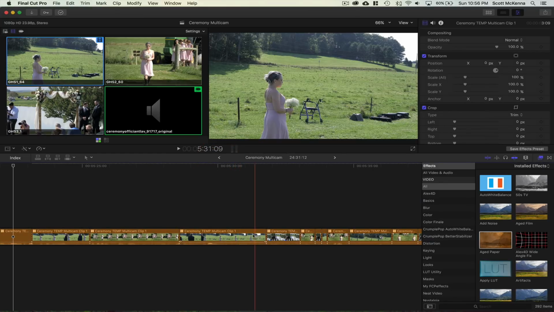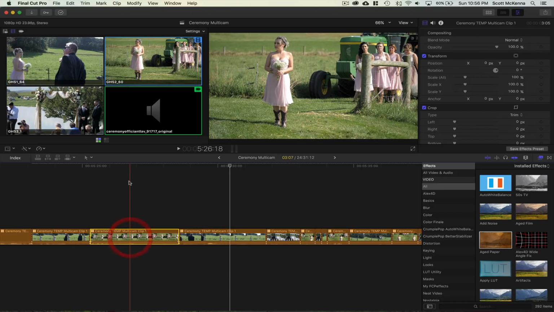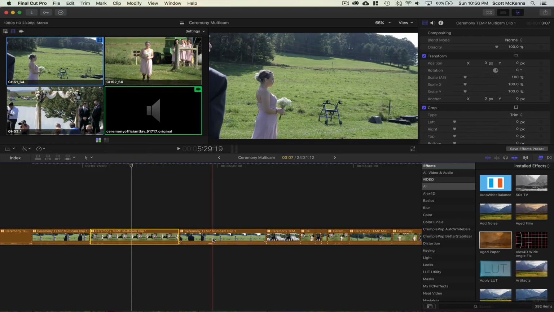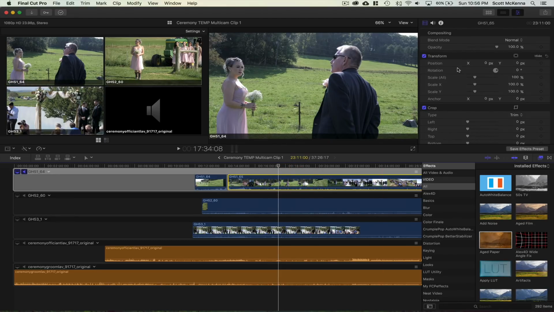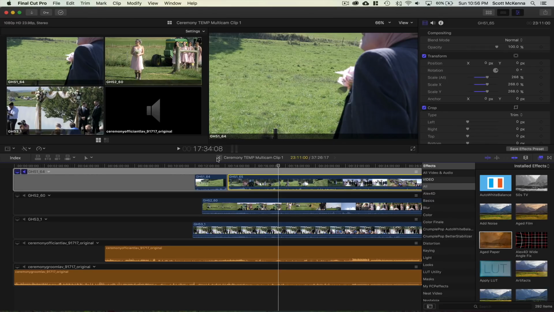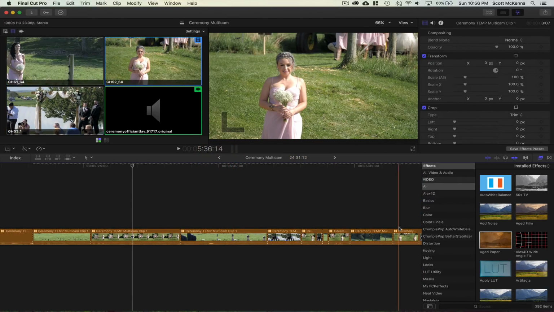So this is really convenient for color correction. If you're not changing your cameras throughout a ceremony and you realize that one was just underexposed or really dark, double click on it, go in there, tweak it the way you would any normal clip using all the same things. If I were to zoom into this and scale it 200%, 300%, every time I come back to that camera, you can see that it's crazy zoomed in.